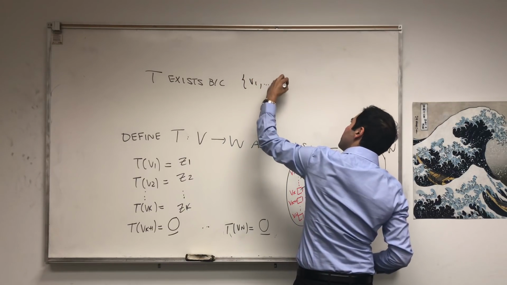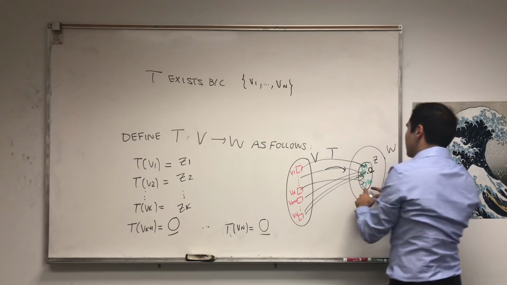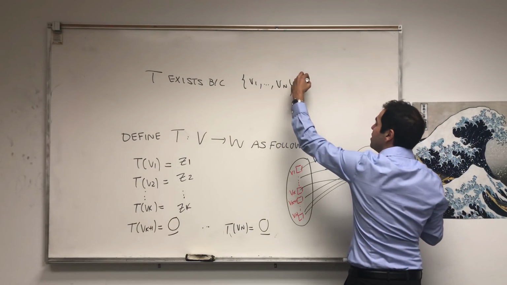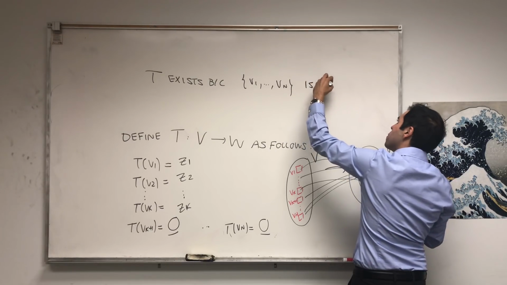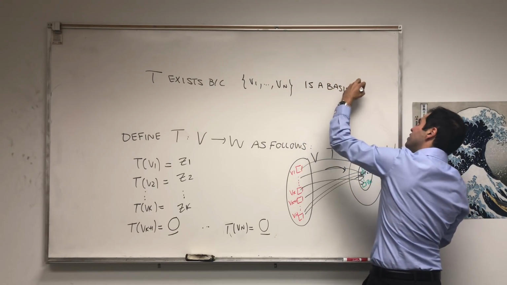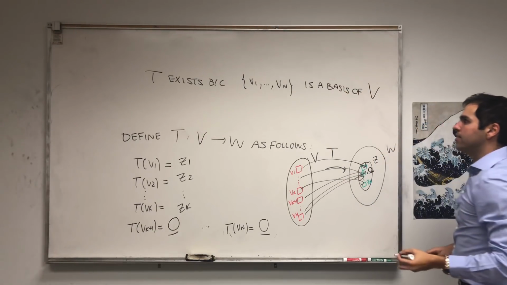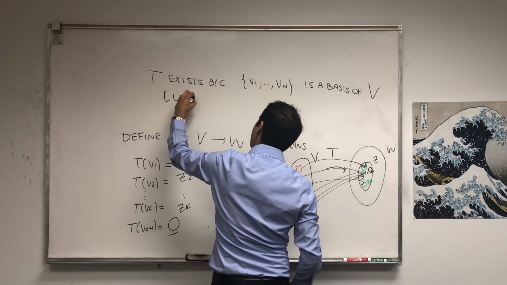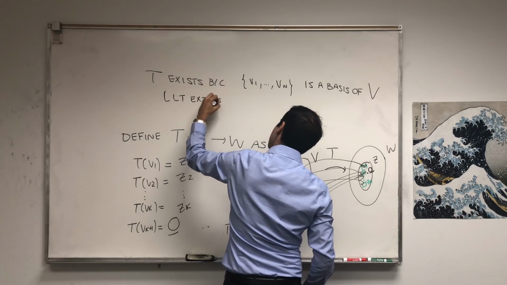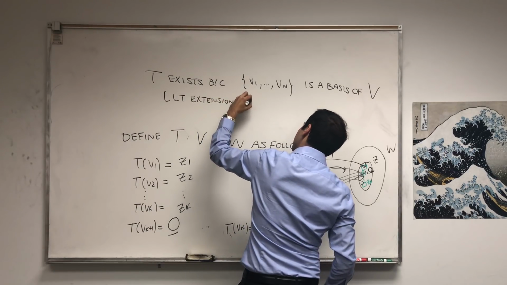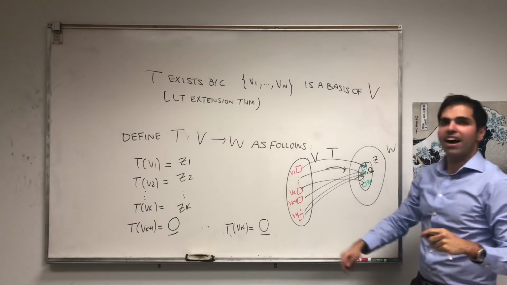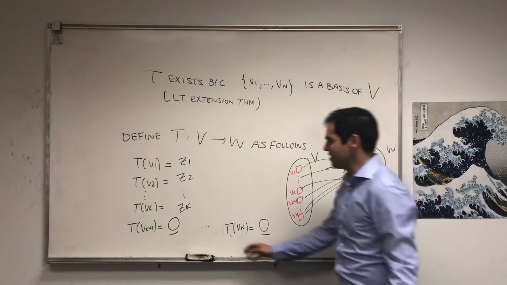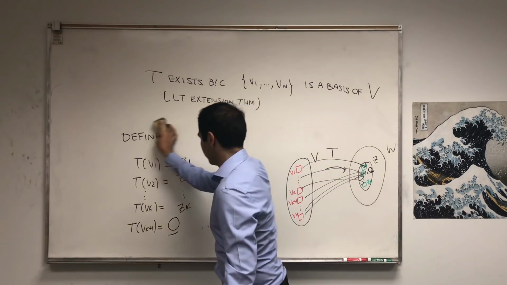So what's cool about this is it doesn't really matter that we have this output basis in order to define t. We only need a basis of v, again by the linear transformation extension theorem. But we do need the fact that the last thing is a basis, or at least a generating set, because